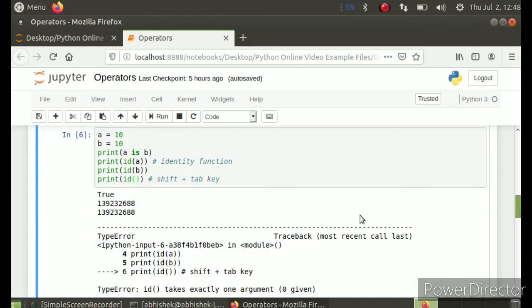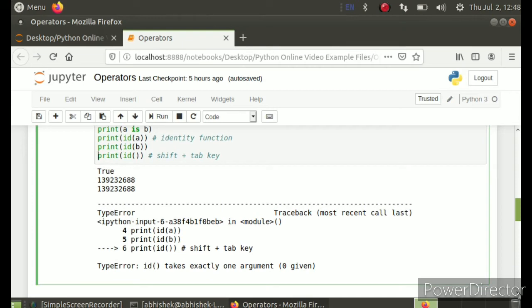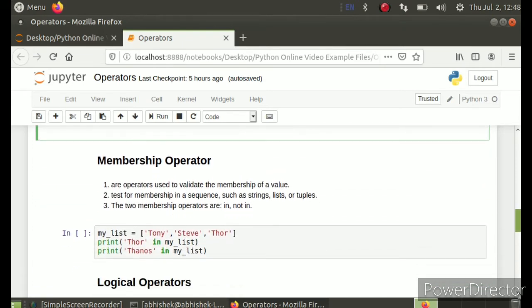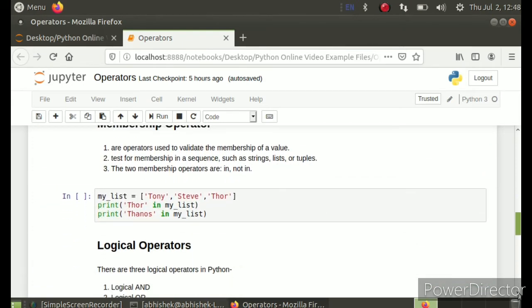It means that a is equal to 10 and b is equal to 10, and they are pointing at the same memory location, and that's why a is b gives true. So this is the feature of using the id function, and you can't leave this blank. You see the error? It takes exactly one argument.